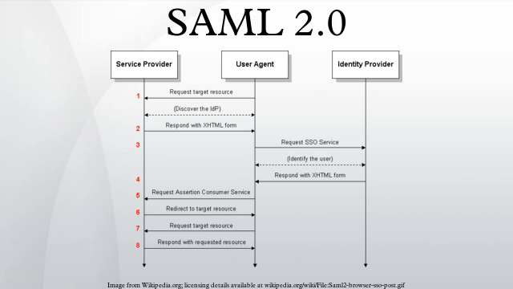SAML requests or responses transmitted via HTTP redirect have a SAMLRequest or SAMLResponse query string parameter, respectively. Before it is sent, the message is deflated, base64 encoded, and URL encoded, in that order. Upon receipt, the process is reversed to recover the original message. For example, encoding the samlp:AuthnRequest message above yields